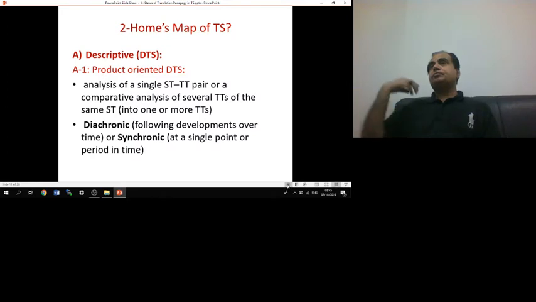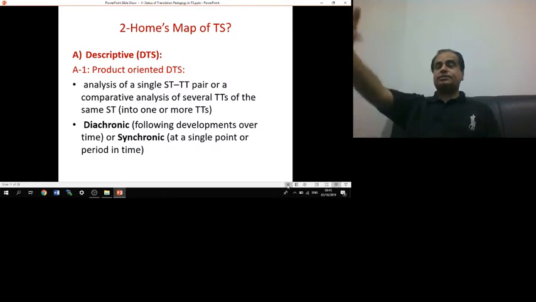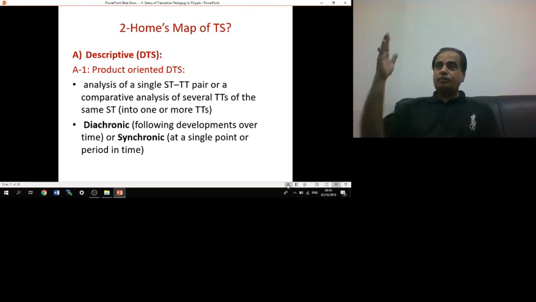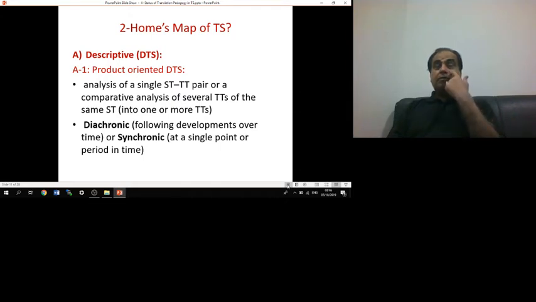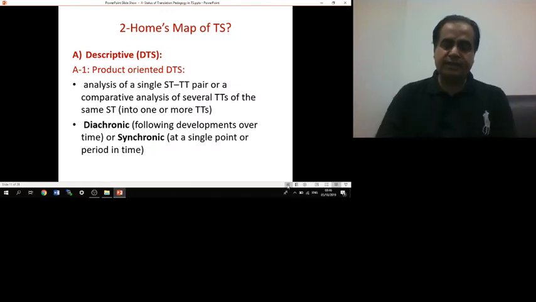take the first translation that was done, and as you know, Shah Abdul Qadir translated the Quran into Urdu. This is the first translation, and then it was followed by others. So the study of Quran translation over the years would be diachronic, and synchronic at a single point or period in time. Maybe we can take only a 5 year duration and collect the Quran translations which were done during those 5 years only, and then compare and analyze them, this product. That is the translation of the Quranic text.